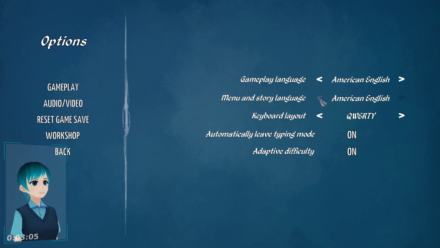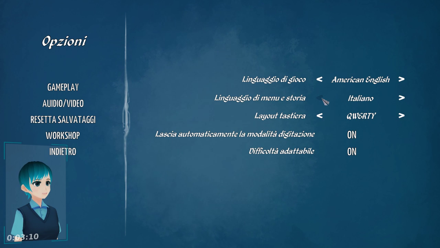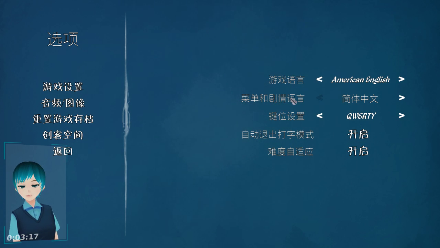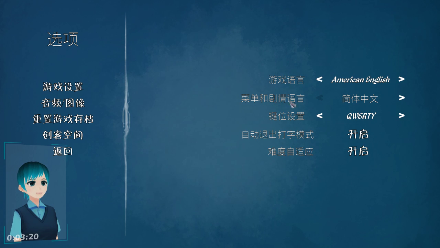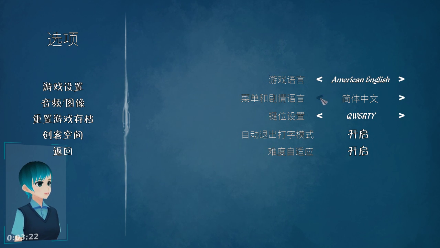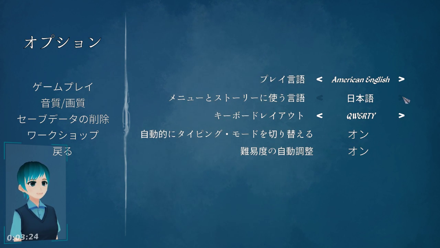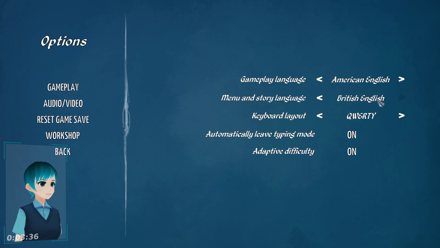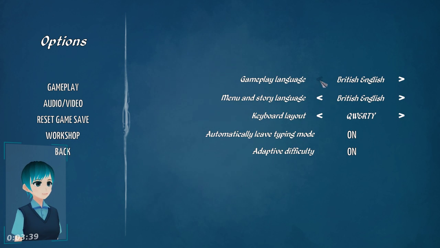Oh dear. Menu and story language. The fact that this changes is a bit of a concern in case you get stuck in the wrong language. Usually the way around that is to use some kind of icon or just reset your settings and hope for the best. There's also the fact that this says the language name in the language. It's not really a big deal, but it's just...